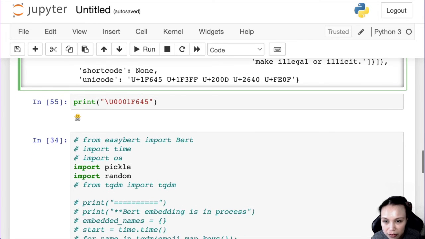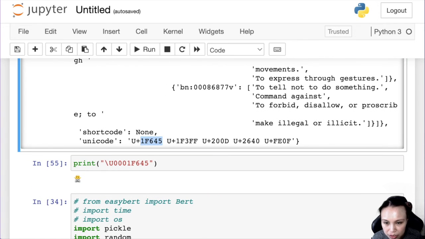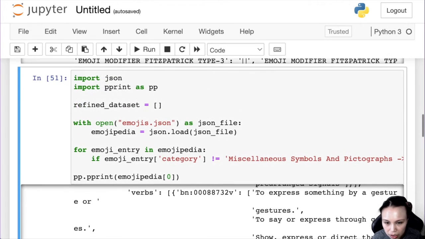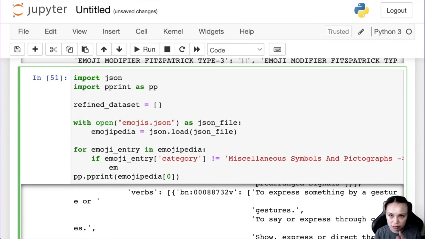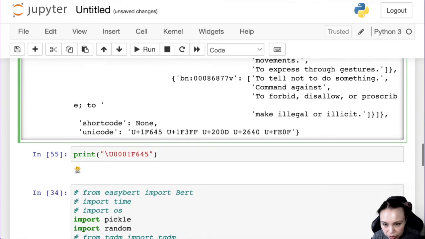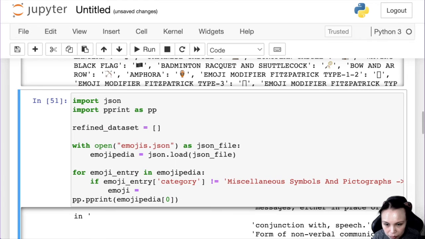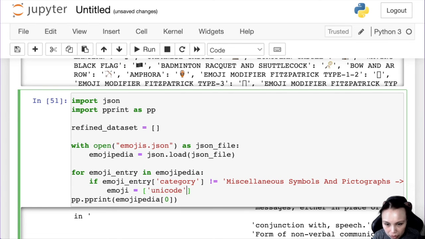Okay, so first of all I need to extract the emoji from this Unicode thing. I would do similar to what I did before, right? The emoji equals the entry's Unicode, and then get the first one, which is dot split, and then the first one.